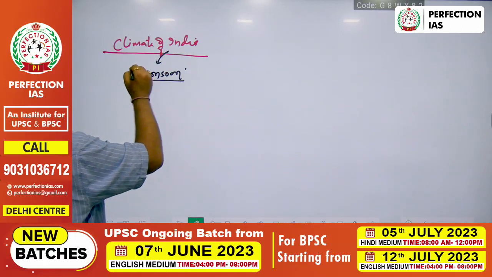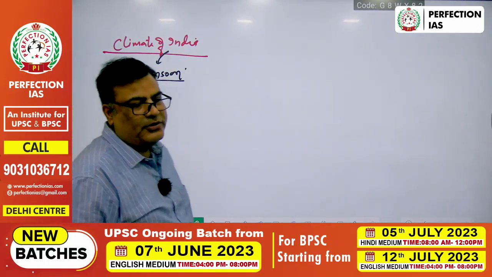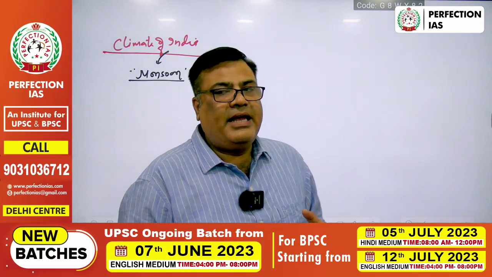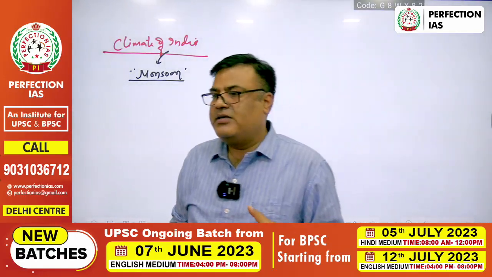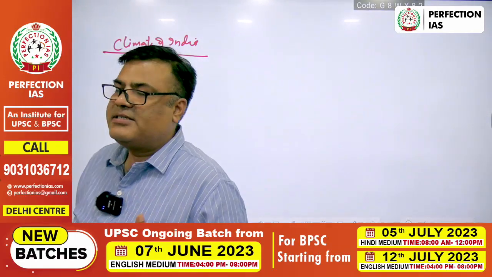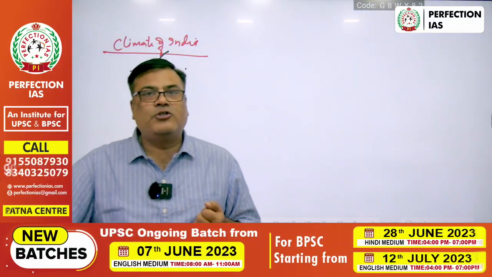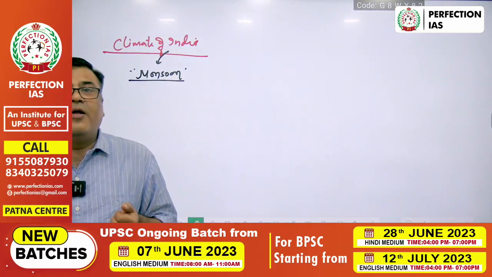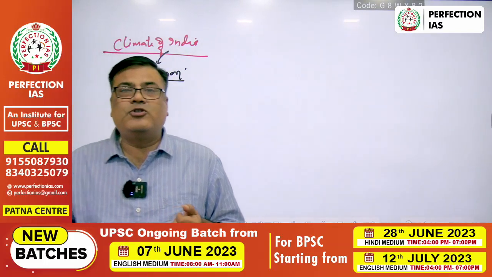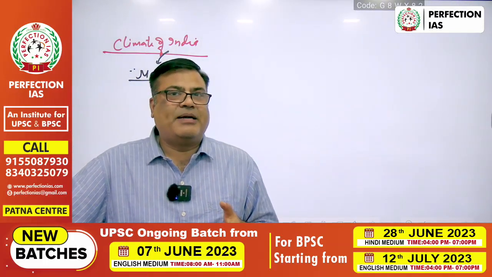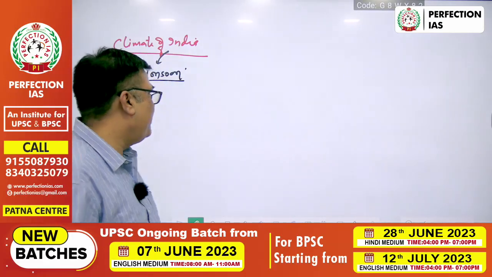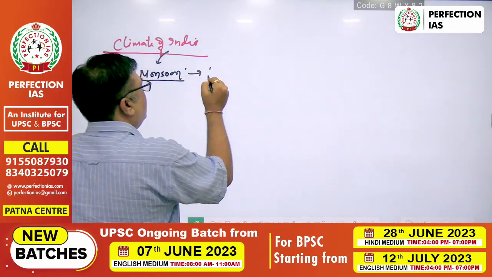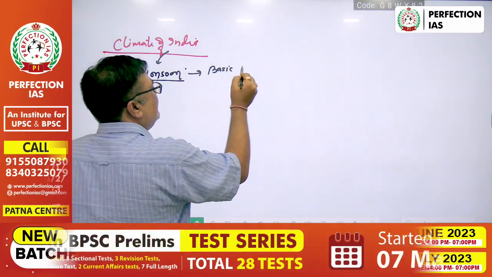And that requires a very detailed discussion, because it depends upon a number of factors which influence the Indian monsoon. Sometimes the rainfall is good, sometimes rainfall is not good, then the monsoon delay, break in monsoon, and various other aspects are there. To summarize, in monsoon, here we learn basic concepts,